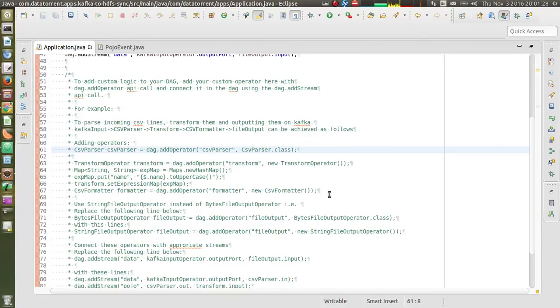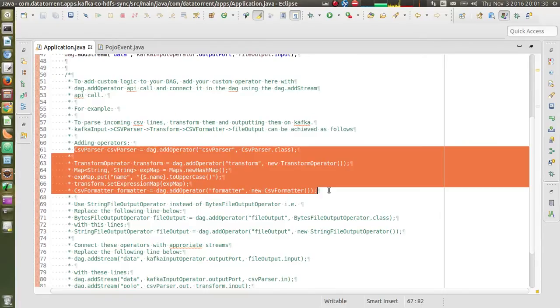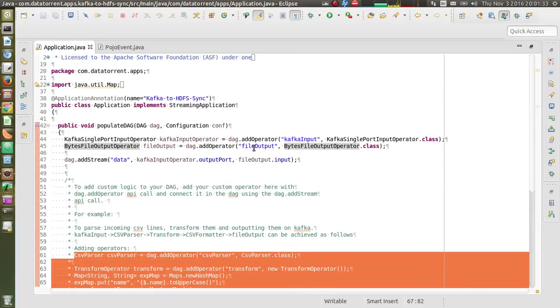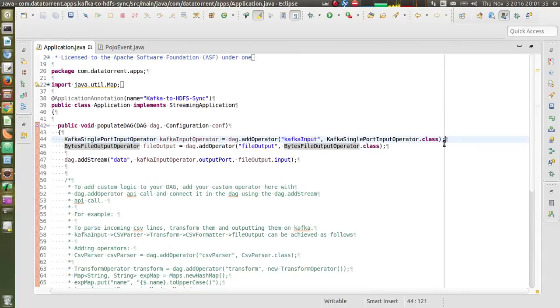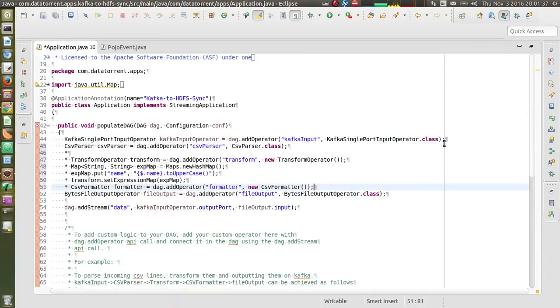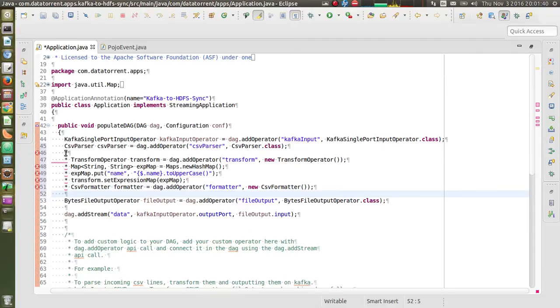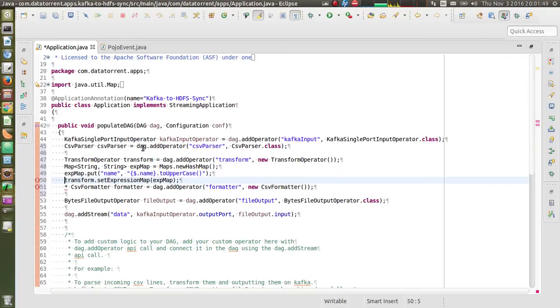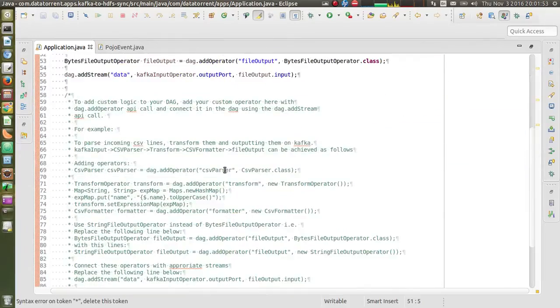So the first block says that we need to add some operators in this pipeline. I will just uncomment these things. Then it says that use string file output operator instead of bytes file output operator.